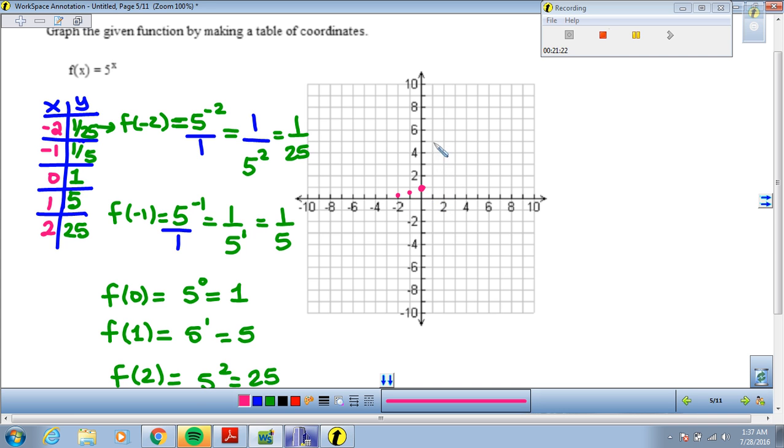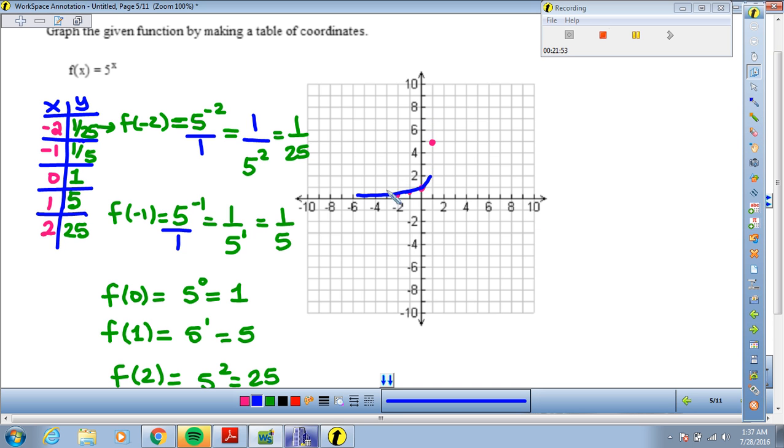Then 1, 5, and 2, 25. Now, 25 might not fit, right? So I'm not going to put that one. But you'll see that it would be a point at a higher value, and it's not even going to fit in my graph. And I really don't want you to think that this is going to be a super sharp graph, where it's going to go as a straight line here. That's why I went, let me do this again. Okay, so